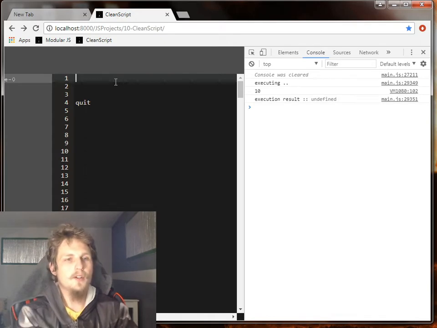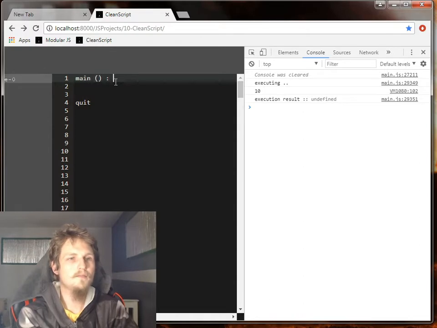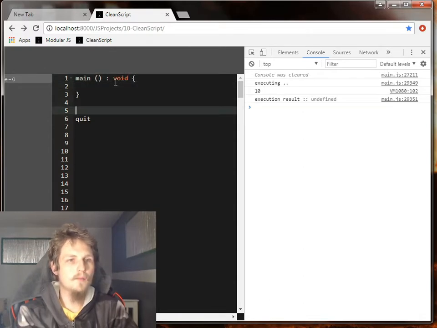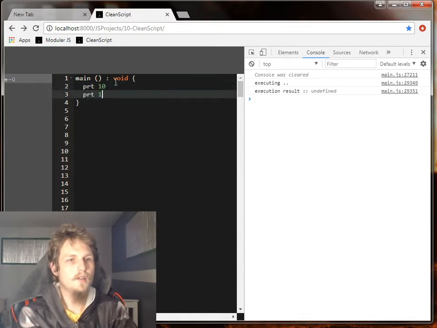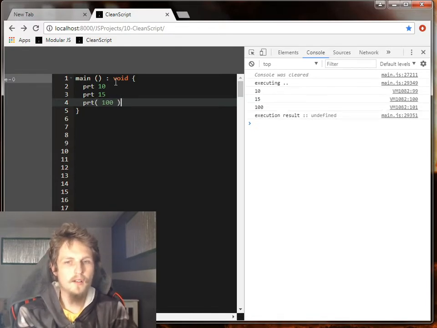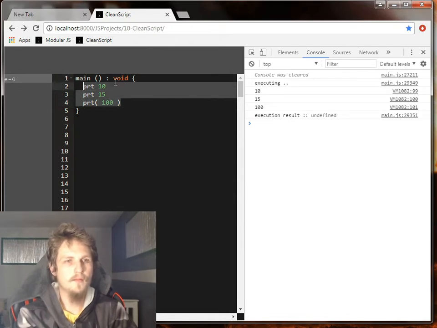So the first thing that I'm going to show is simple stuff like the main function. I'm going to add this keyword here, quit, just so that it doesn't process the code underneath. So you can do simple things like printing a number, print 10, print 15. You can also use parentheses. Doesn't really make a difference. It processes it a certain way. Anyways, I'm not gonna go into too much detail, but